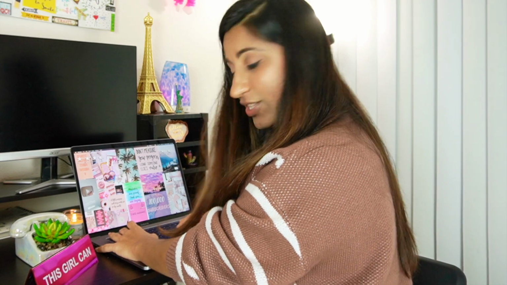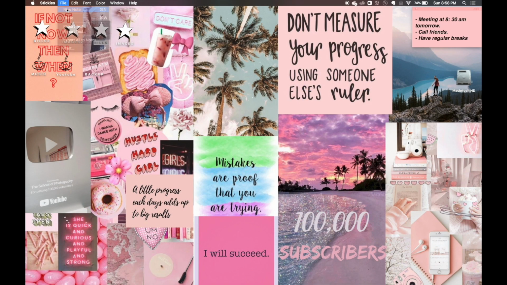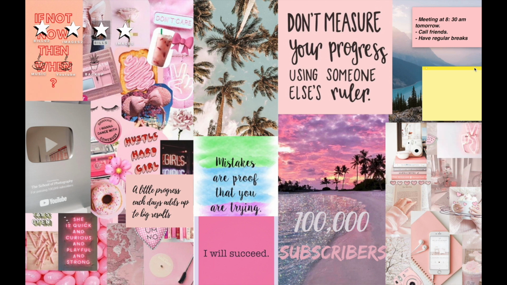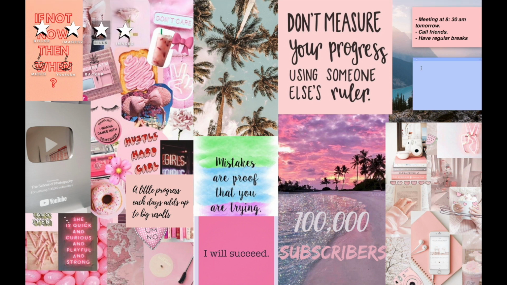So to go to sticky notes, go to the Launchpad. After you open the Launchpad, go to the Stickies app and click on New Note in the File section, and there you have the new note. You can resize it based on your needs, and then click on the color to change the color. I have picked the purple color here. You have a lot of options to pick the colors. Basically, I write on the stickies the things which I want to accomplish that day, or something which I want to be reminded of, and it's right in front of my eyes so I don't forget.